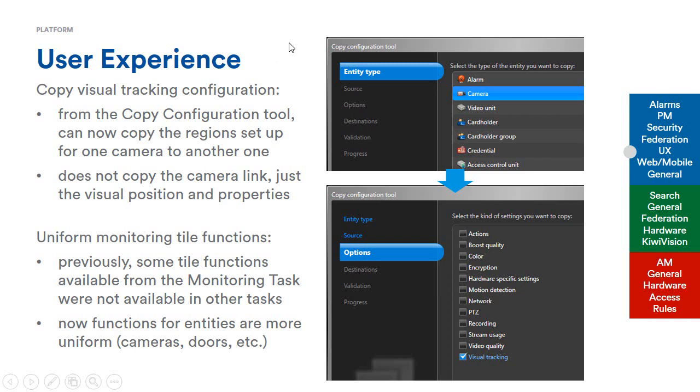Moving on in the user experience, I mentioned the copy configuration tool before, that we've added a few things to it. So another thing we can copy from there is actually the visual tracking information. So if we choose camera as the entity type, there's a step in between, of course. We choose which camera, and then under the options, we can now choose visual tracking. Now, what it's going to copy in this case is the areas that we've got set up under the visual tracking